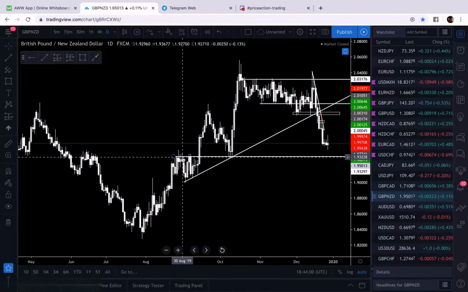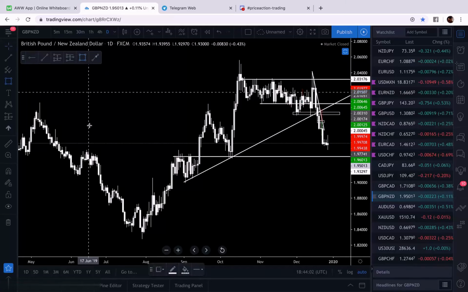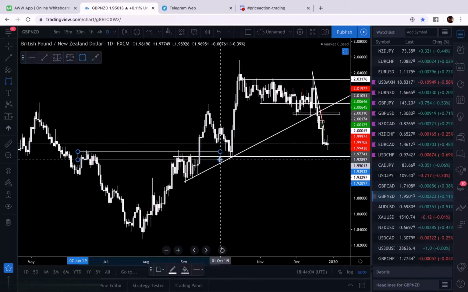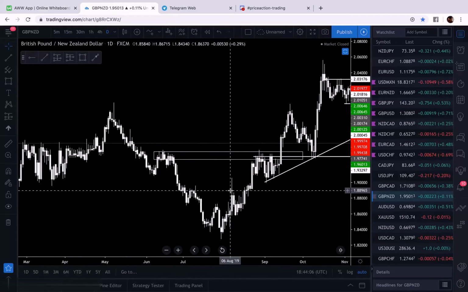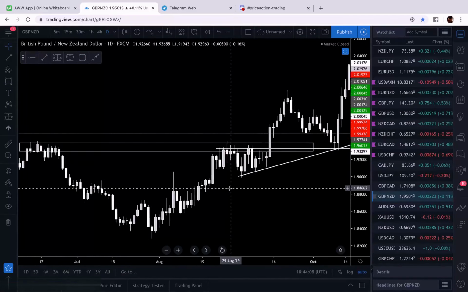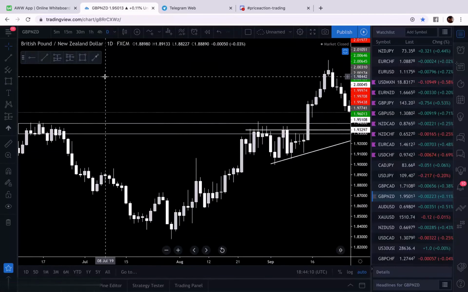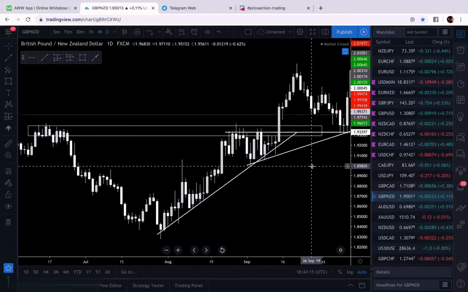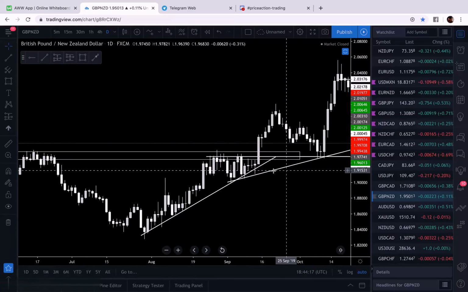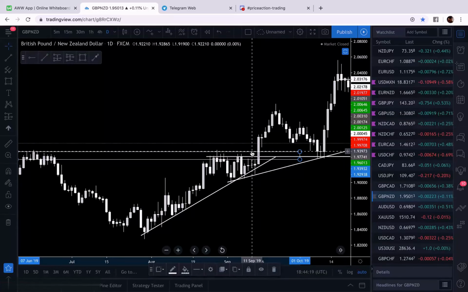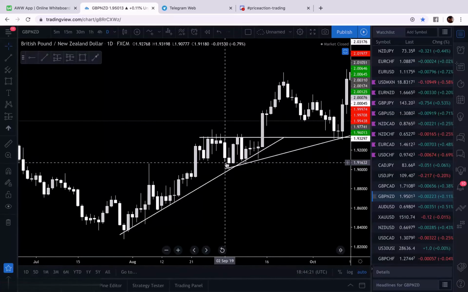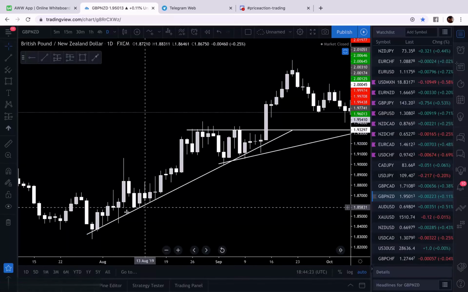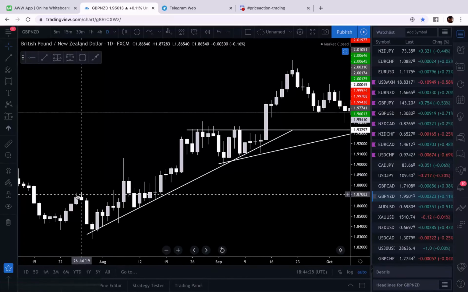So right here, as you can see, we had like a resistance zone right here, right? Like price had a resistance zone. So whenever we're looking at this pair, GBP New Zealand dollar, on the daily chart, it was pretty obvious that this pair was just moving upwards. So price was just in an upwards direction. So as price was going in the upwards direction, we had a resistance form during this uptrend. So price had broken above this high right here,